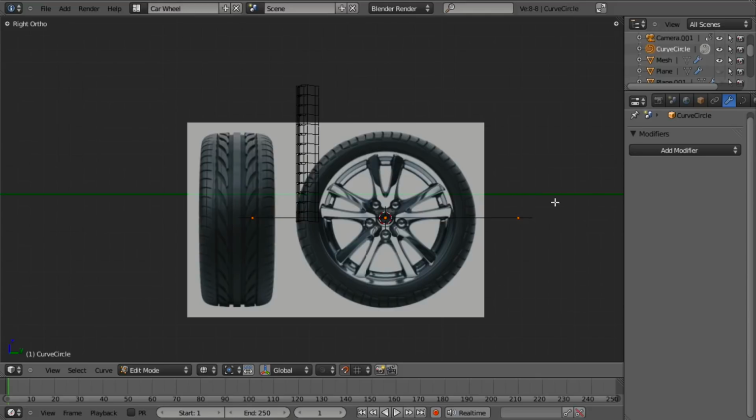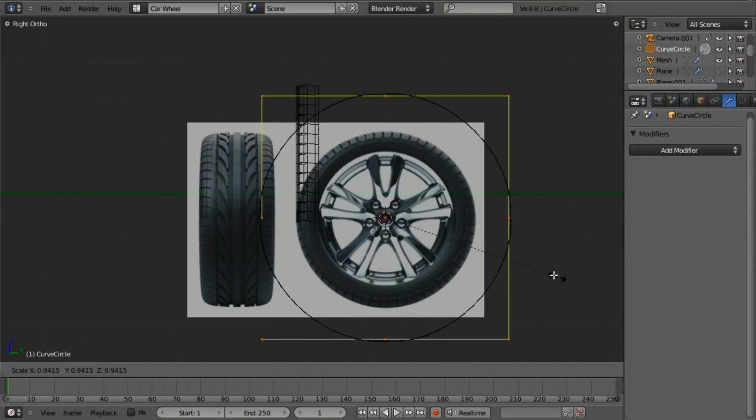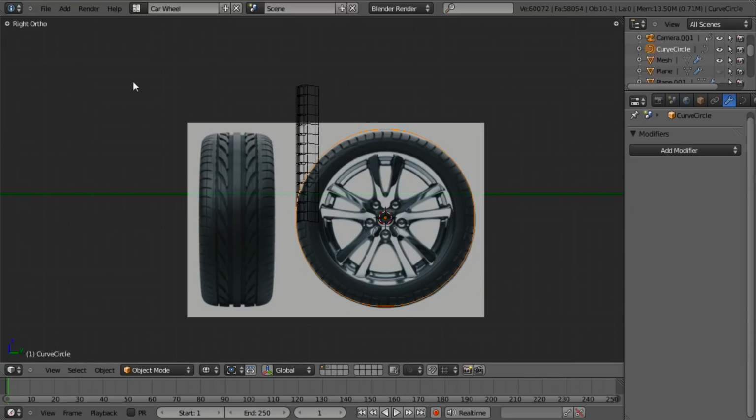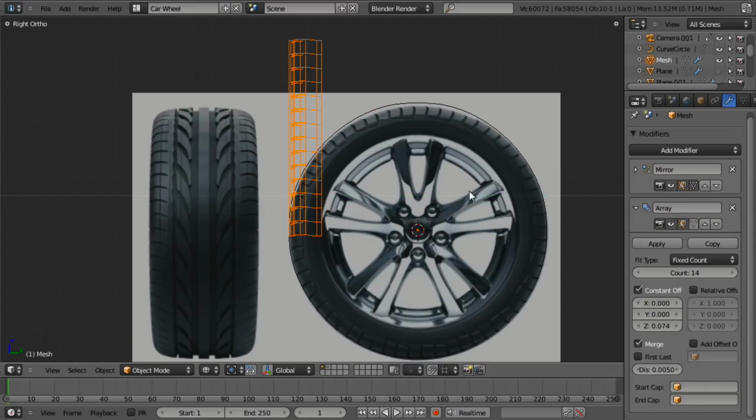So now what I want to do is, while in edit mode with everything selected, I want to rotate along the y-axis 90 degrees, and then let's just scale down. We can turn off our snapping, scale down to about the size of the wheel. And then we'll just left click, leave edit mode, and reselect our wheel. And from,